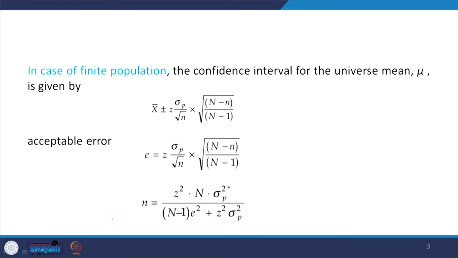Let me proceed to the understanding once again of the finite population. If it is a finite population and the population size is known, then for the confidence interval we are supposed to multiply by the proportion of non-inclusion, that is, the total population N minus n, divided by the total population minus 1. The rationale I discussed in the last lecture, but the statistical derivation can be followed from a statistics book.